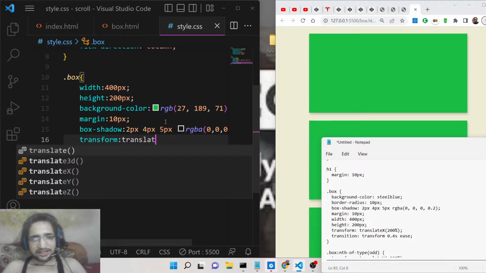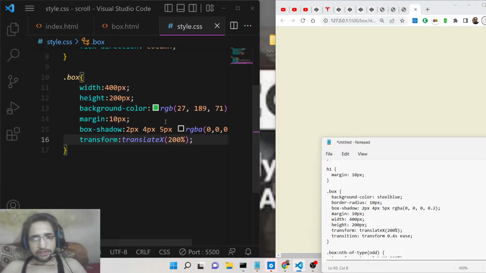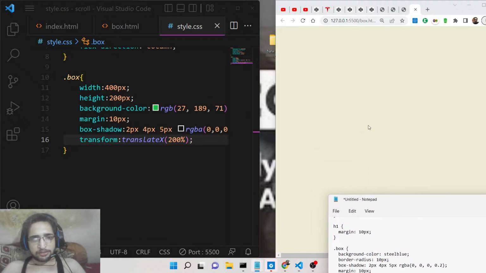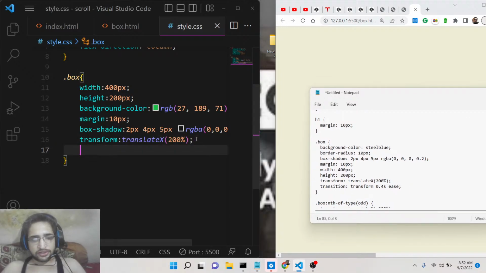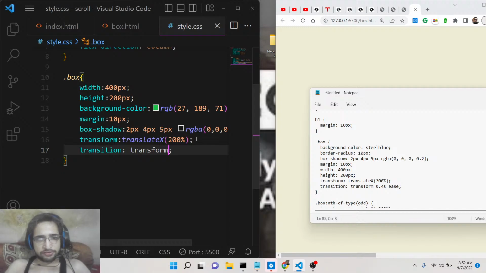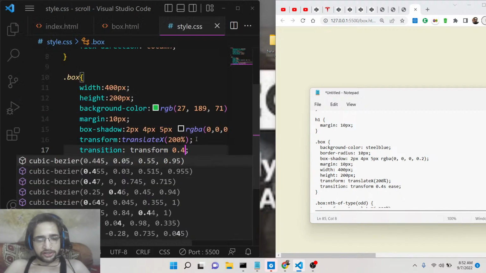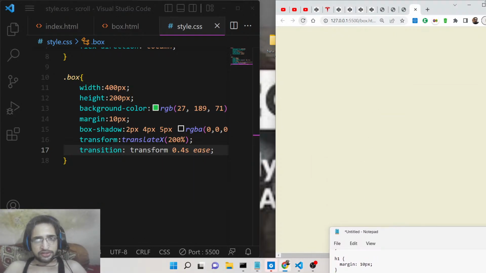We will translate in the X direction by 200%. If you give this property, the boxes will not be shown here. You also need to give a transition effect: transform 0.4 second, and the animation will be ease. That's it. Now if you refresh it,